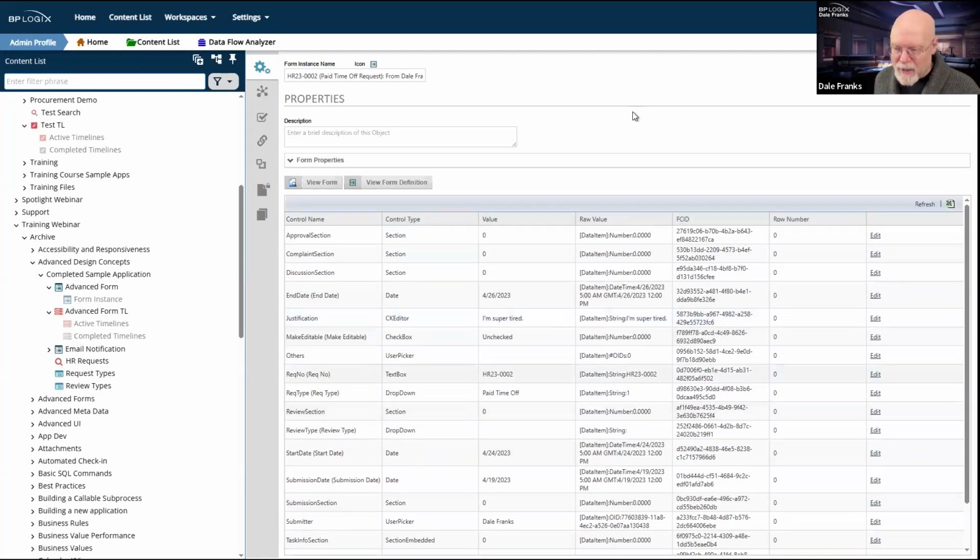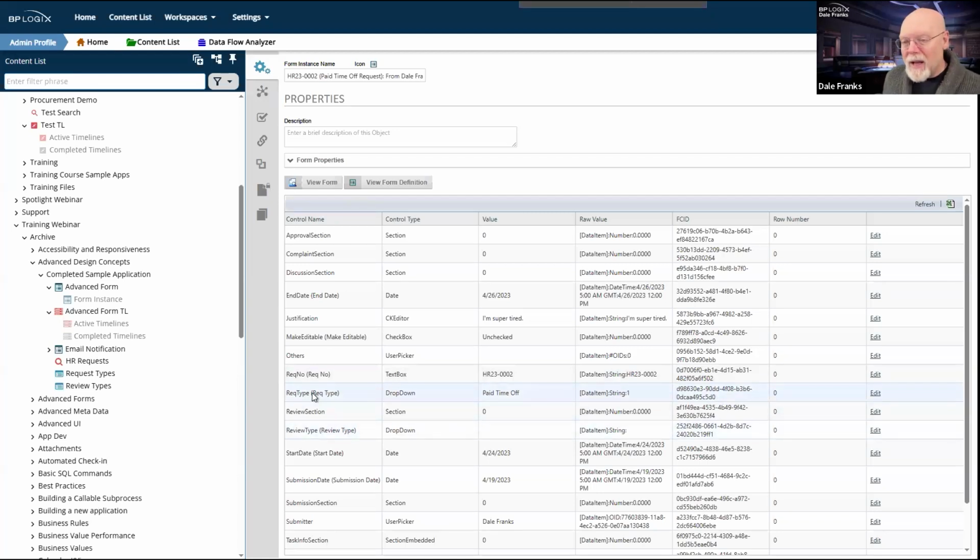So I can just simply Control F to do a search. And well, you can't see my Control F because it's way up here at the very top. But I can do a Control F and I can search for that control ID from the error message. It will tell me what it is. Let's say it's the request type dropdown. Something wrong with that. It's not displaying my options or whatever, or it's supposed to display or not display based on a condition, and the condition is all messed up. Okay, fine. As long as I know what that form control ID is, I now know that it is this control.